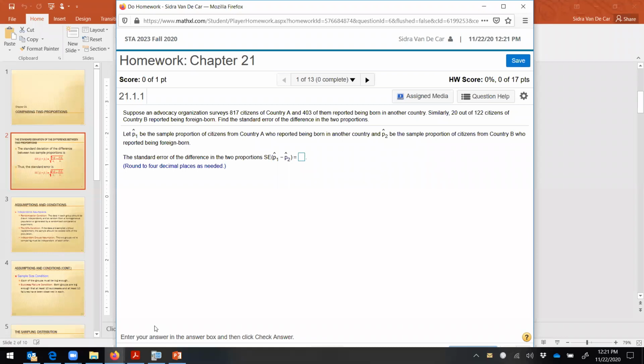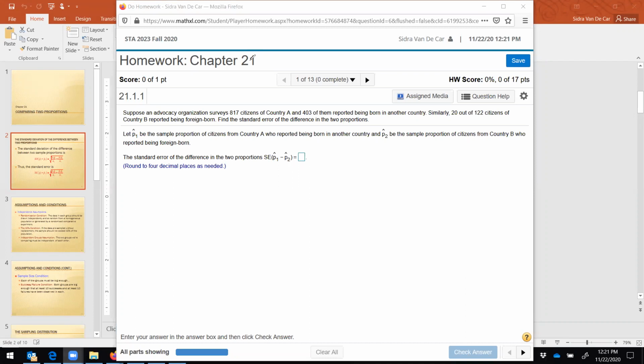So our first item here, the P1 hat, would be the citizens from country A. So it's 403 out of 817. And P2 hat would be 20 out of 122. All right, so now if we pull up our calculator,